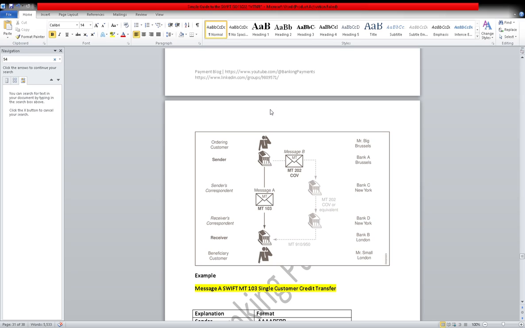Now it is time for the beneficiary to know that your payment has been credited or debited. For this there is one more series of messages called MT910 or 950. Got it? But now our main question is why we are using MT202 cover. I just explained the process of MT202 cover, again a simple payment method.